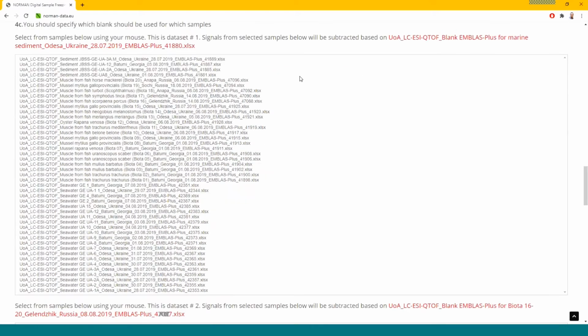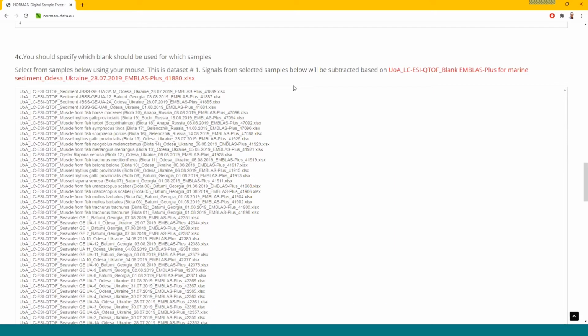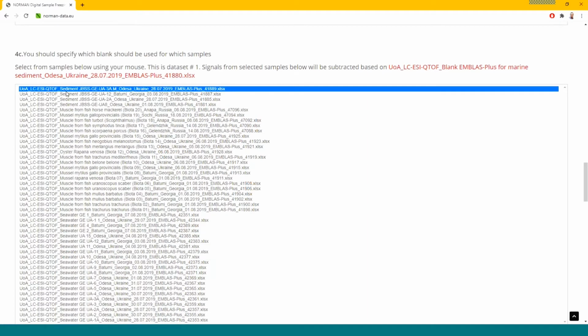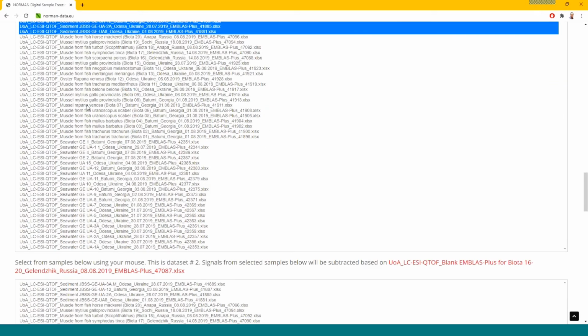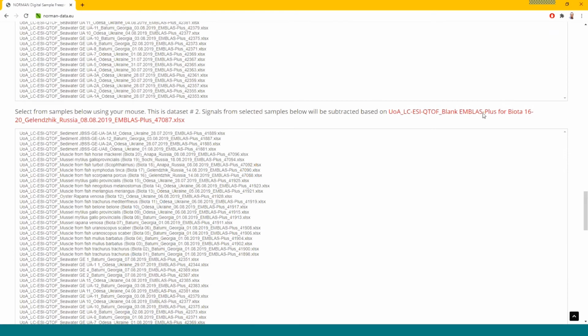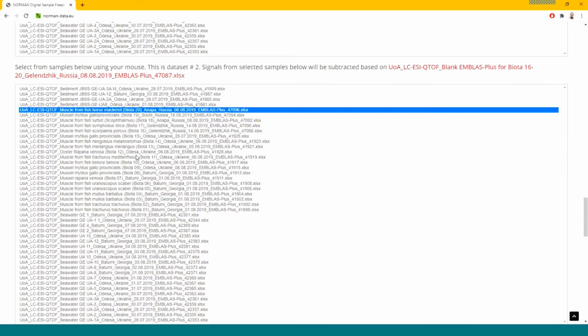In the next step, we specify the datasets. For the blank that is sediment, we specify the sediment samples. Then we specify the biota 16 until 20.